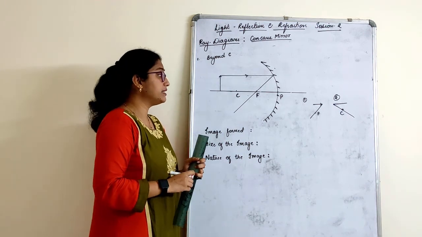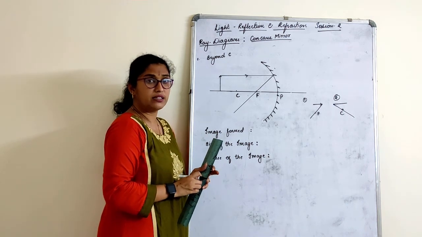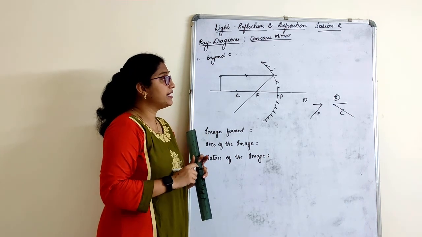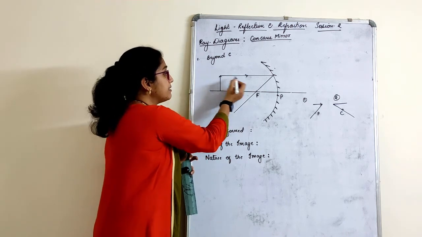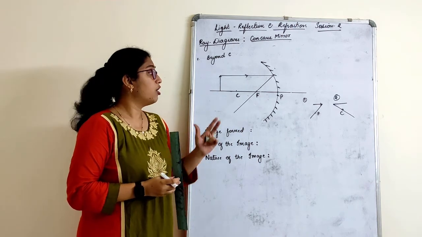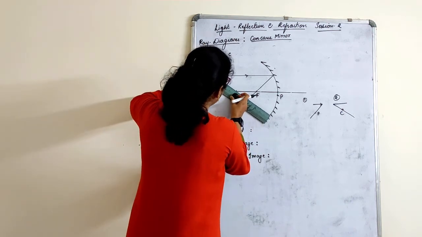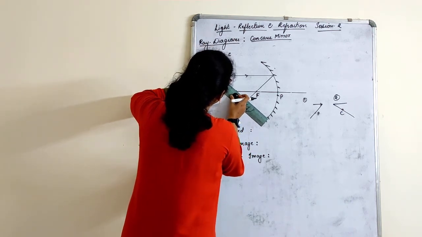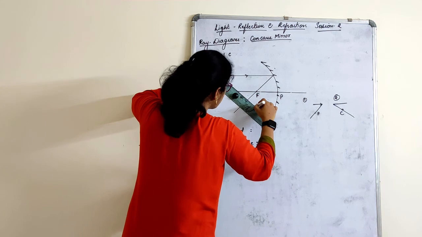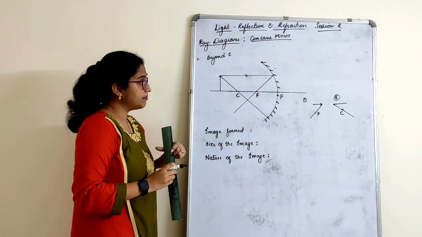So what will happen, teacher, if we use another rule? If you ask me, nothing will happen. You can always do that. Sometimes we can also bring a ray to the pole, and the angle of incidence and angle of reflection can be shown, or we can use the curvature rule there. Both are equally correct. So I use the curvature rule here. So the ray is actually coming here, right?